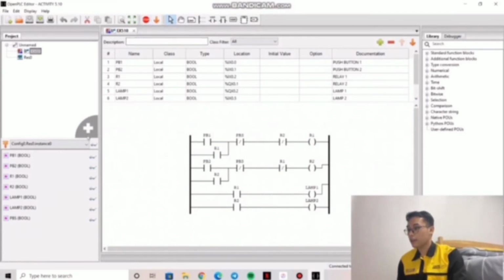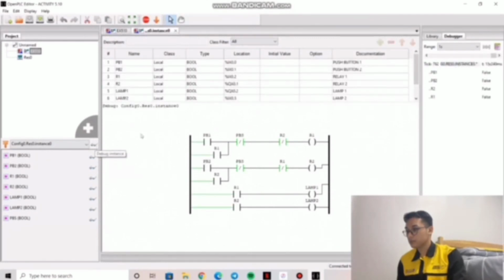So I have run this simulation, and to prove this simulation is working, we have PB1. So I turn on PB1, and lamp 1 is turned on, but lamp 2 will depend on this push button 2. So I turn on this push button 2, but lamp 2 is still not turned on. It is because you can see here that this is R2 negative. So I need to force through this R2, and you can see here that lamp 2 has turned on, but